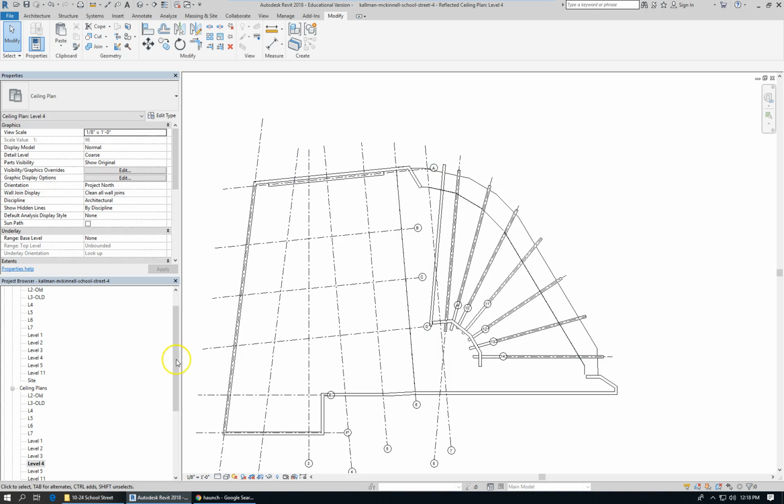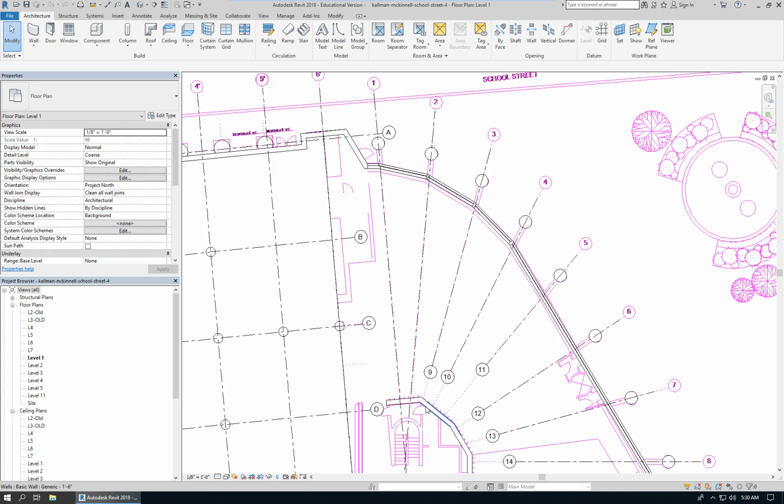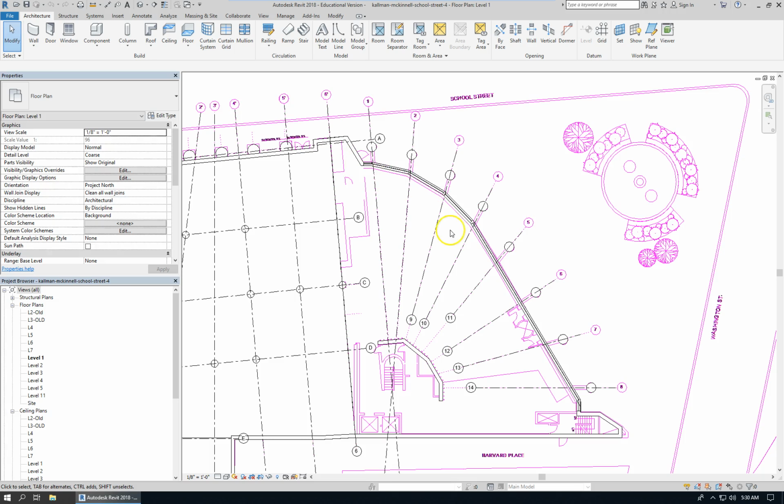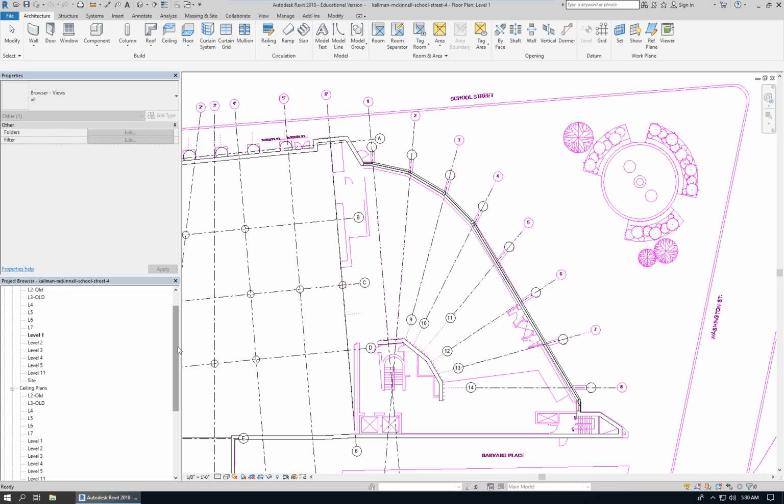So again, I found a plan view, continuing lesson 4A where I left off, adjusting the beams that are aligned along these grid lines radially from this wall. So I'm going to a ceiling plan that will show that group